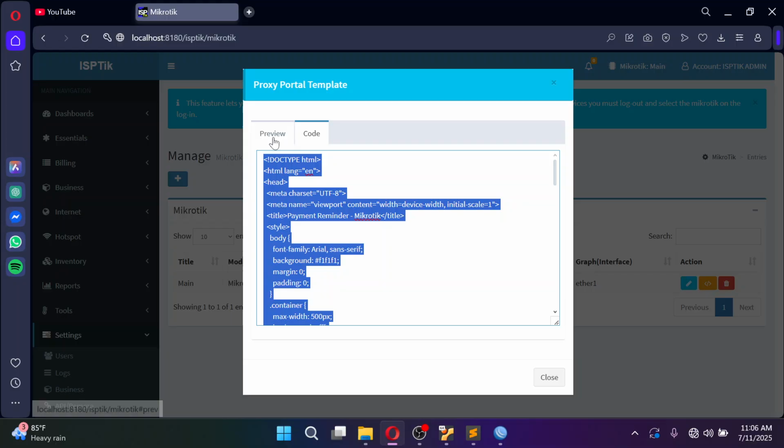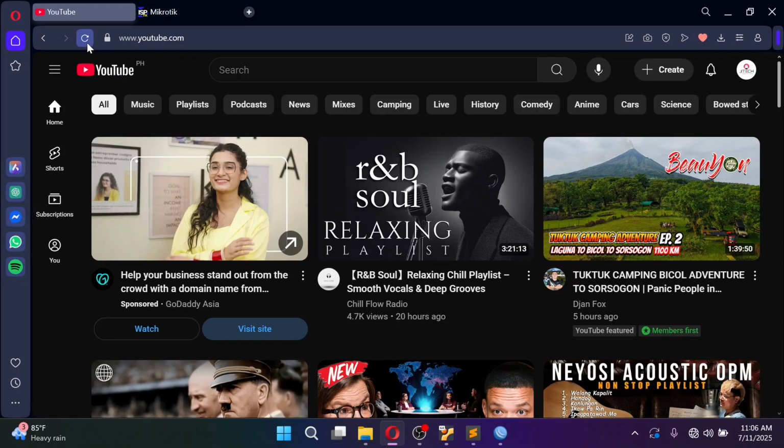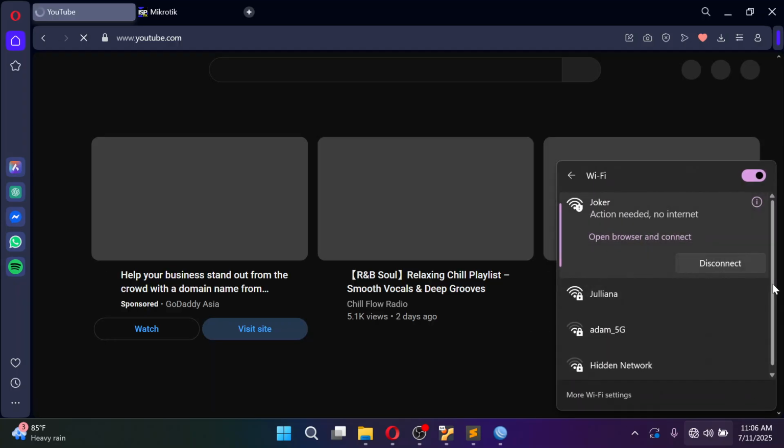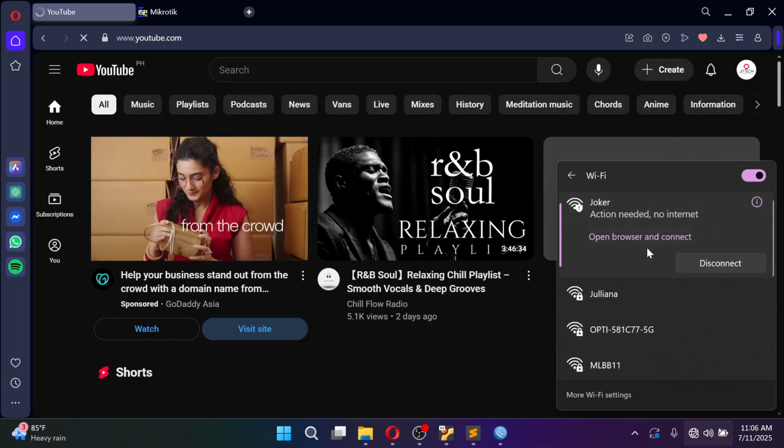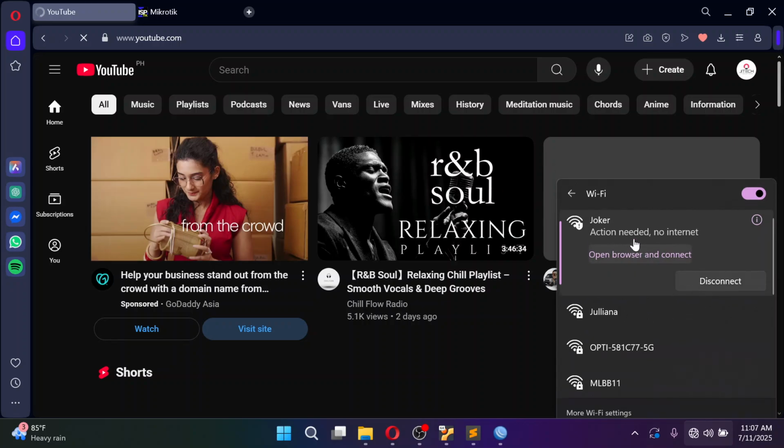Actually the 256k speed still has an internet connection, but it's unbearable. Okay? And then if they connect via Wi-Fi through the router, this kind of sign-in required will automatically pop up on their devices.